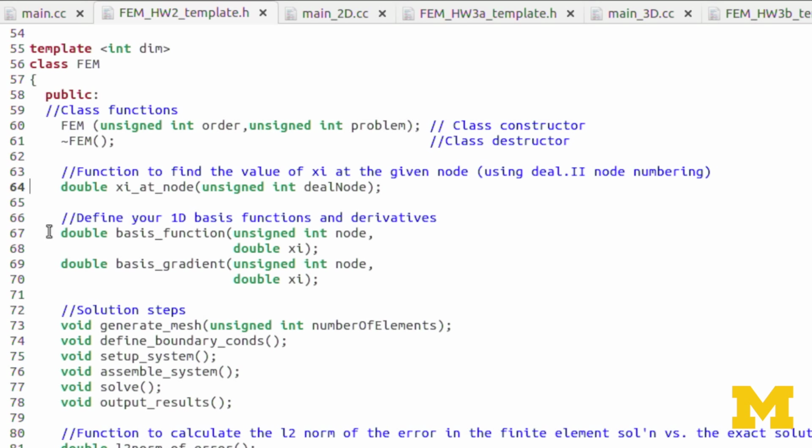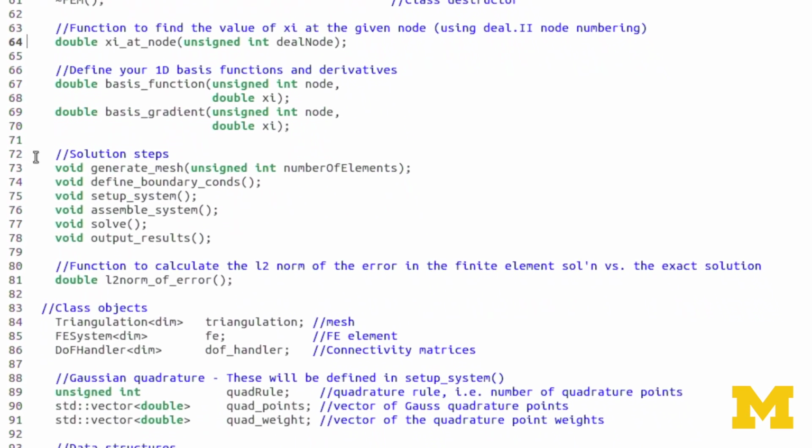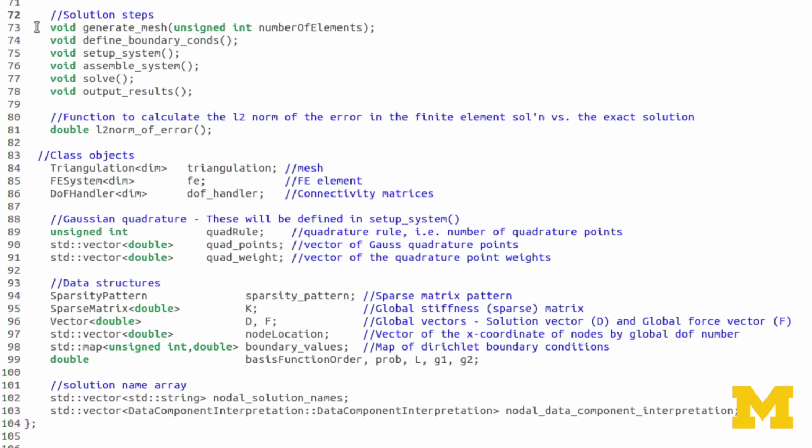Here we have our basis function and basis gradient. And now down to the solution steps. We have generate mesh, which we saw before already. Define boundary conditions, that's actually called from within setup system, so that's why we didn't see that in main.cc. Then again, setup system, assemble system, solve, and output results. And again, after that, we have the L2 norm of error function. So the rest of those are functions we saw already in main.cc.